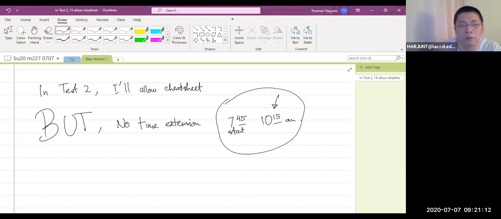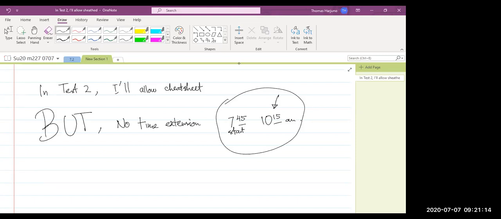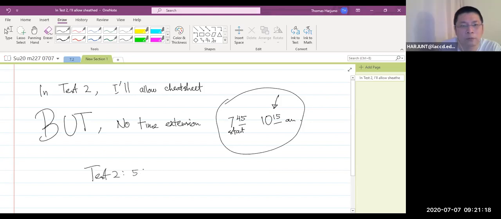Test 2 will be from 5.4, conditional probability, up to 6.3. What I taught you from 7.1 yesterday and 7.2 today will not be in your test 2. It will be in your test 3. So here's the thing. If you take a look at my tests,